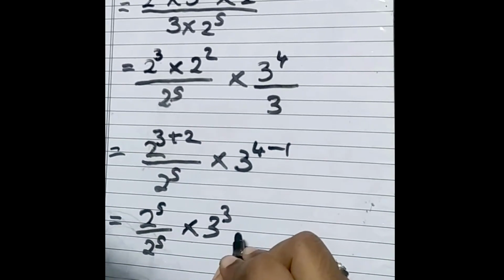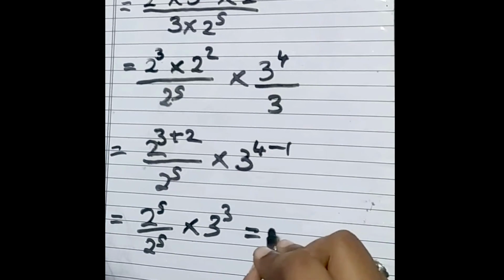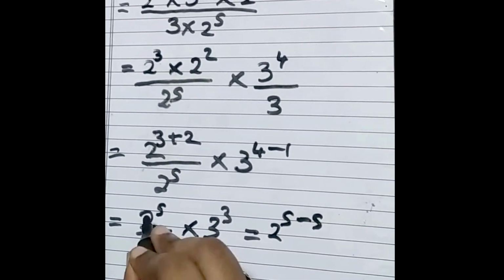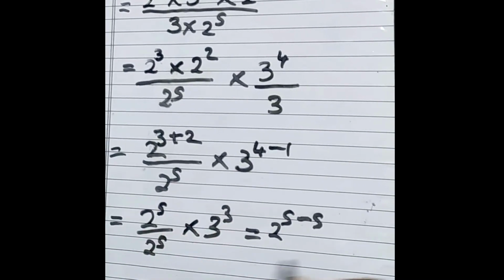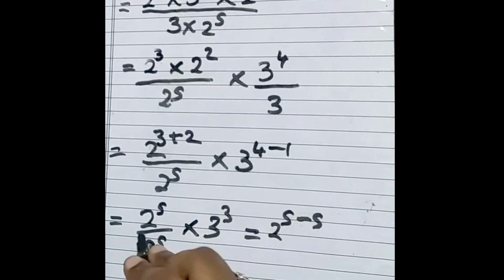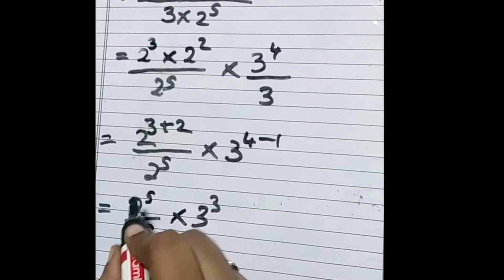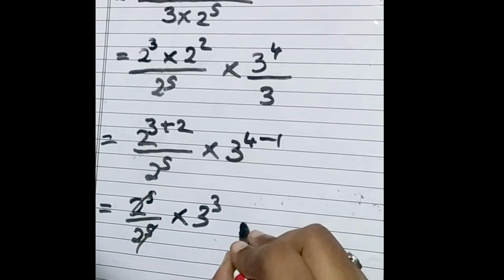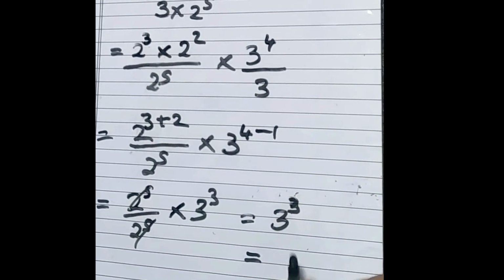Okay, so equal to, see, 2 raised to 5 upon 2 raised to 5. So this will be 2 raised to 5 minus 5. Division sign is there, you can directly write 1, it will get cancelled and become 1, or we can apply this rule. Here the numerator and denominator are the same, so you can directly cancel and it will be 1. So what will remain? 3 cube. 3 3s are 9, 9 3s are 27. So the answer is 27.